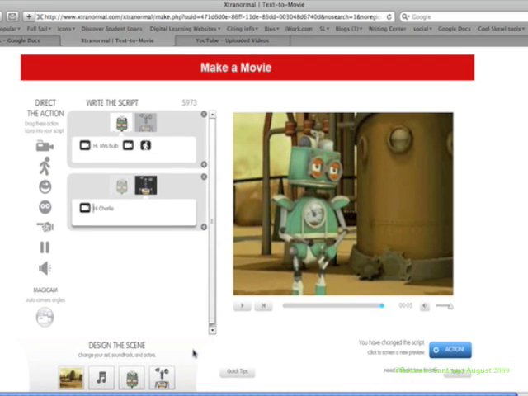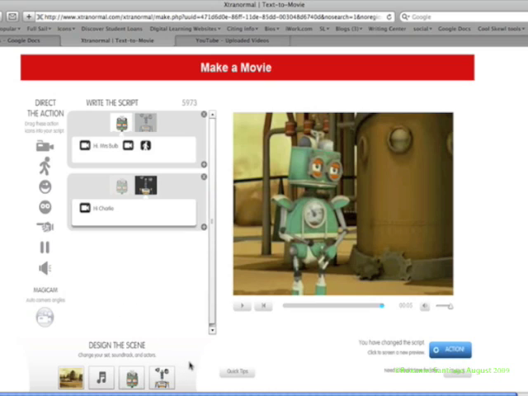There are some other features down below here that you can use to design the scene. You could change the background, change the scene here. You could add soundtrack music to the background. You could even change characters in here. This area you really shouldn't play around with for this particular project because you are keeping the same background, you're keeping the same characters. If you want to add a soundtrack, you can, but it can be a little distracting. That's why you want to use just the sounds that are available to you here. If you really get into using Extra Normal, then at your own leisure, you're more than welcome to change these